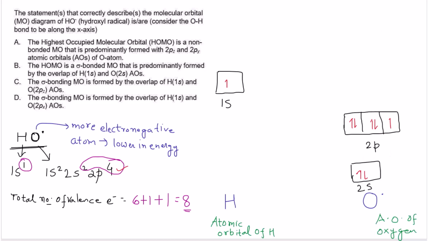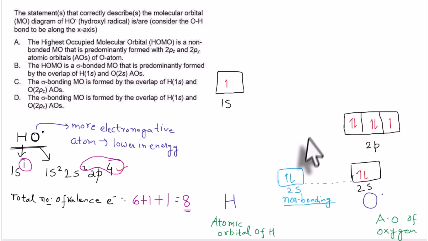Now looking at this position of atomic orbitals, we can say that the 2s of oxygen radical and the 1s of hydrogen are very far apart in terms of energy. So there can't be any kind of overlap between these two. And that is the reason why this 2s orbital will give rise to a 2s non-bonding molecular orbital. So this 2s orbital does not change in energy and lies there as such as the non-bonding molecular orbital. Okay, now what is the next step?